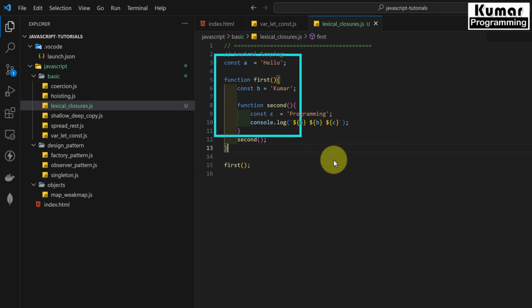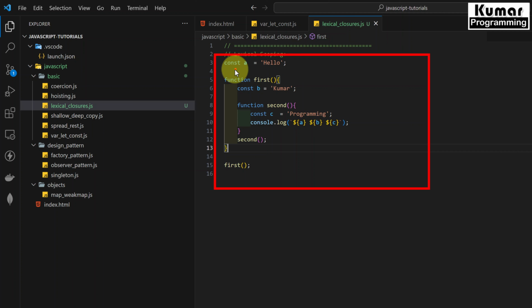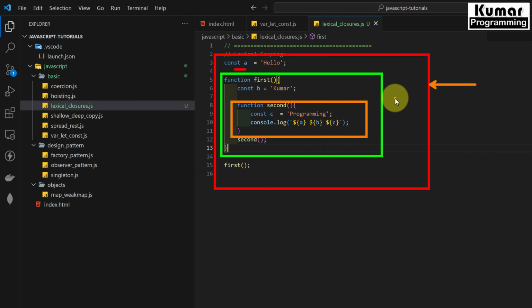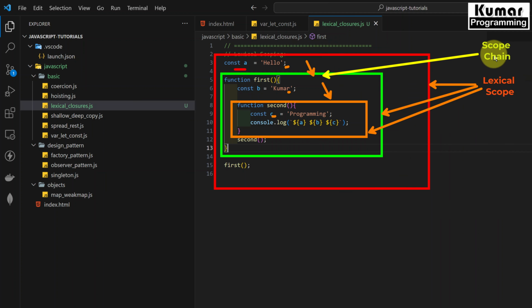So see here, in this global scope I have created a variable a, and then I have created a function inside this global scope, that is function first, and inside this function I have created another function, function second, right? So these are all lexical scopes, right? And these a and b variables are lexically scoped inside this child block, right? If you try to access the c variable inside this block and this block, then the c variable won't be accessible, right? So our scope access always flows from top to bottom,